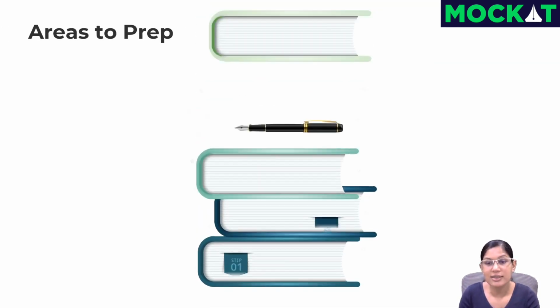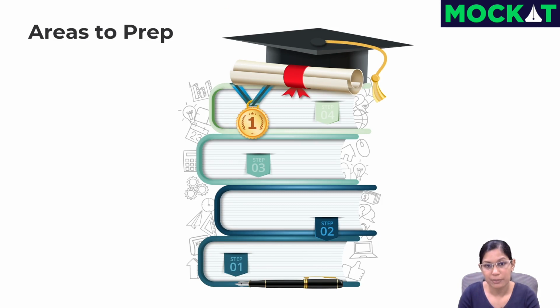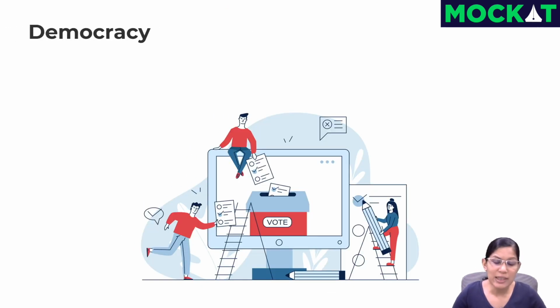So here are some ideas about what are the areas that you could prep. So we definitely can expect something on democracy. This is something which you can read up. So what happened in the US since Trump got elected, or even a little bit about China, how it's a one-party system. India, how the vote share of a single party has increased, the number of states have increased. It won't be a very controversial topic most likely, but it could be something around how democracy should spread, or autocratic governments and how that's on the rise, or how with the internet it could be reduced, or maybe it's not been reduced, so things around that. So these are areas which you could read up,